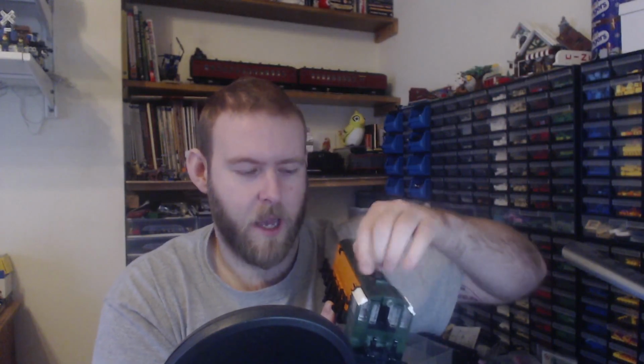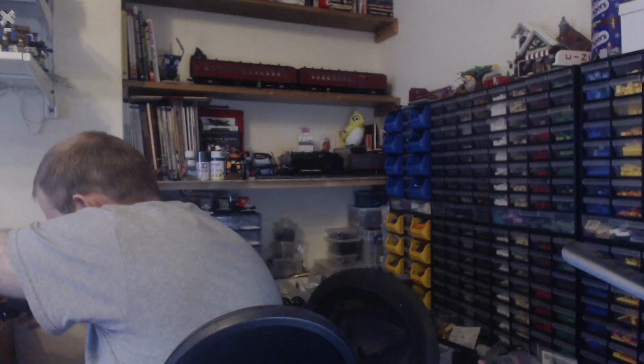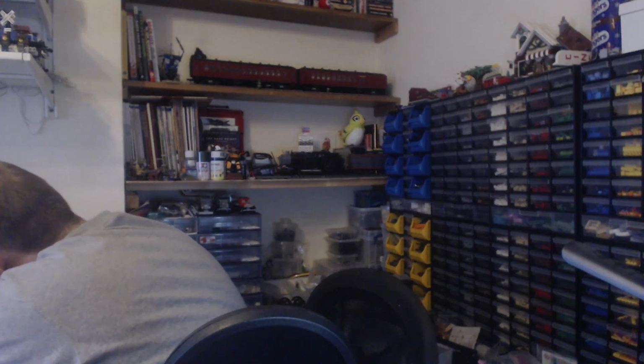So you've got two door rails each side, and they should be dark green as well. It's just an unfortunate issue that you can't actually get those in dark green. So I'll have to resort to painting those at some point. So let's put that there. And the other major difference with the HH600 is the rear steps and beer monocle couple